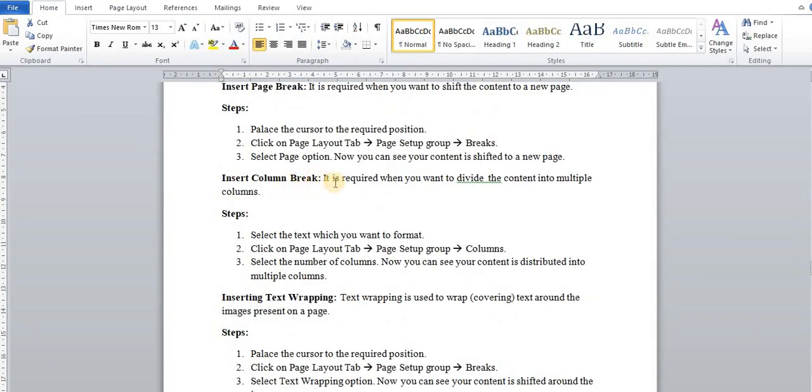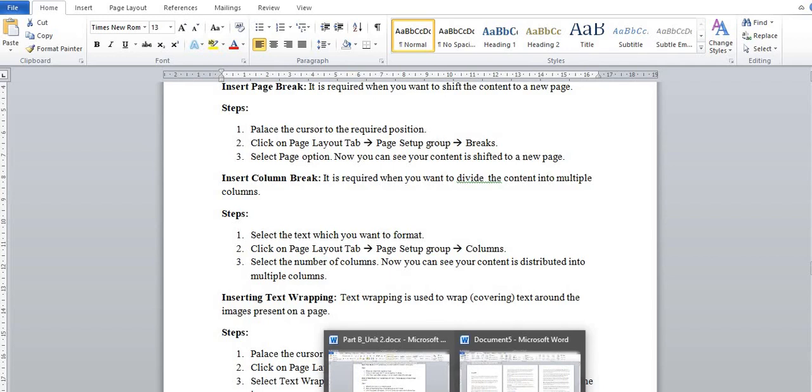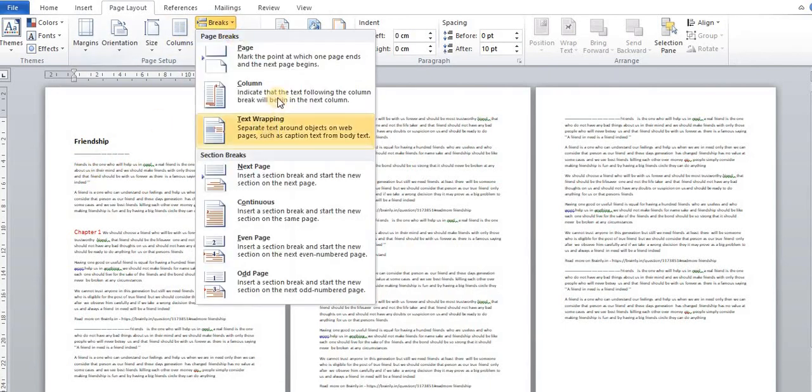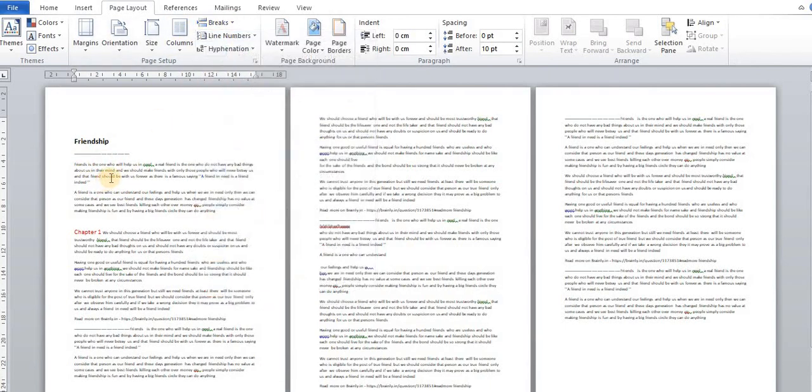The next option is column break. It is required when you want to divide the content into multiple columns, as you have seen in the newspaper. First of all, you have to divide your page into multiple columns.